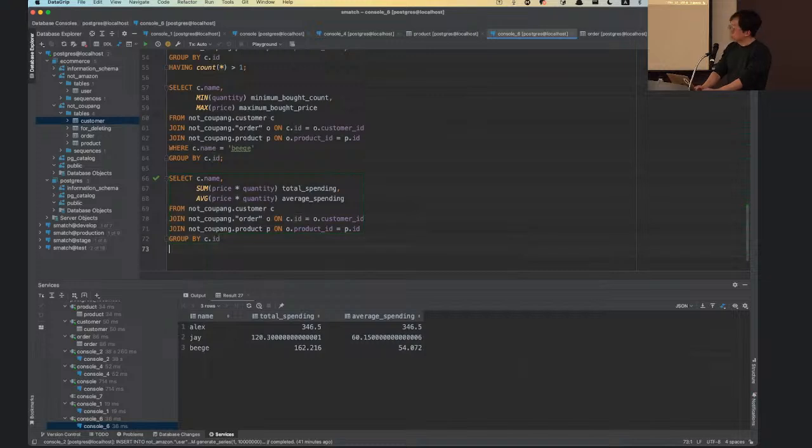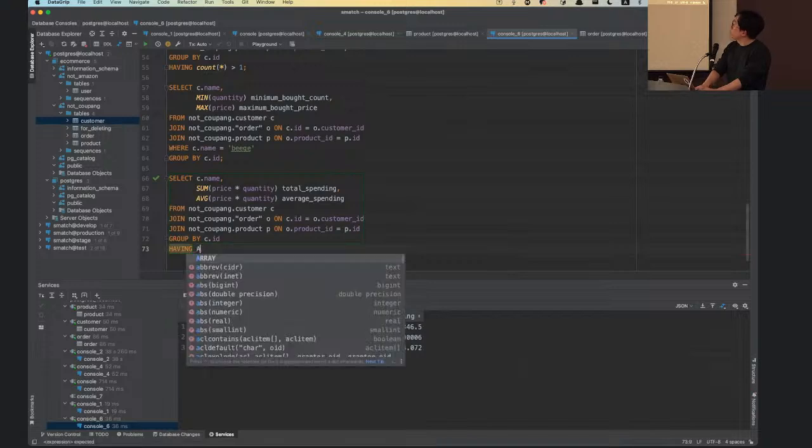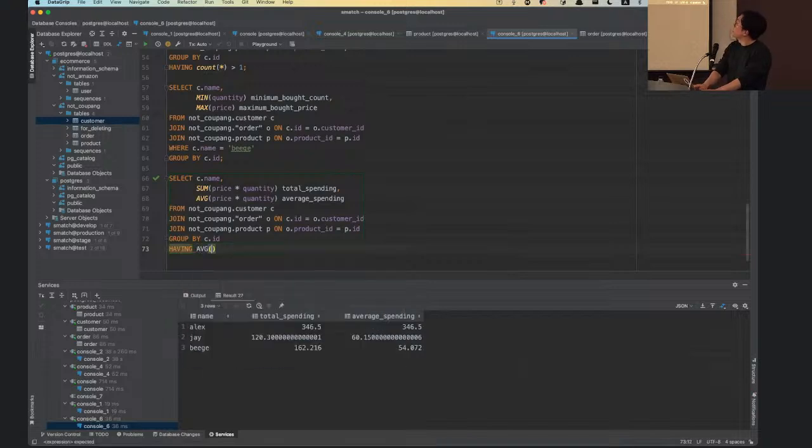And if you want to do the result set filtering again on all these aggregated values, having average spending, price, quantity, greater than 200,